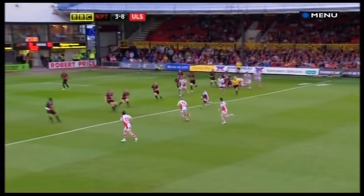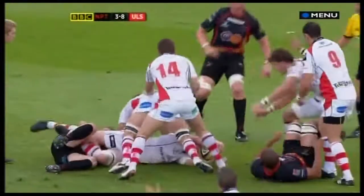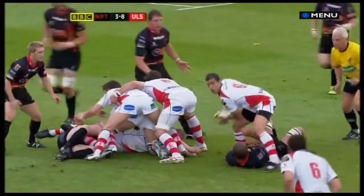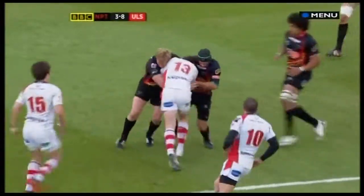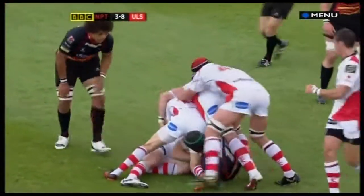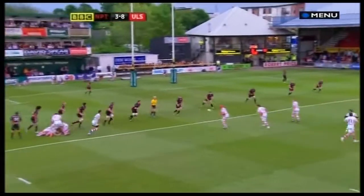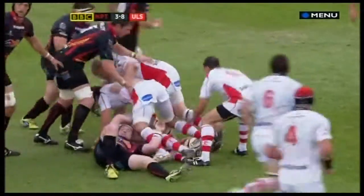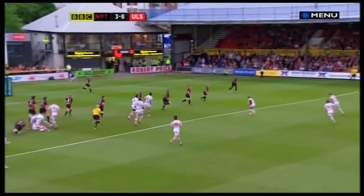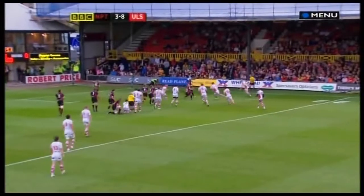Pienaar, Humphreys, Spence again, route one down the middle of the park. Pienaar, Humphreys, Darren Cave, not getting any change out of Tom Riley, who must get out of the way. Pienaar, Rory Best, in fact it's Dan Toohey. Humphreys again, back inside to Gilroy, still there for Ulster. Pienaar,